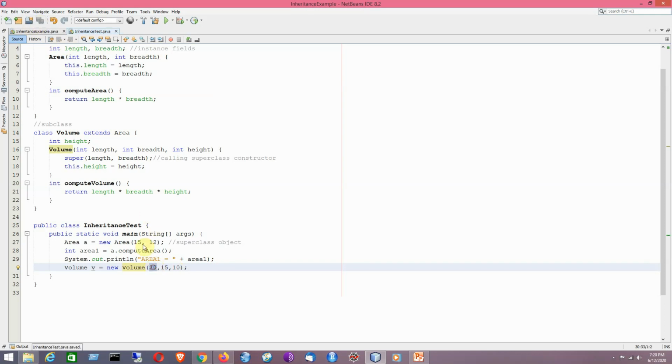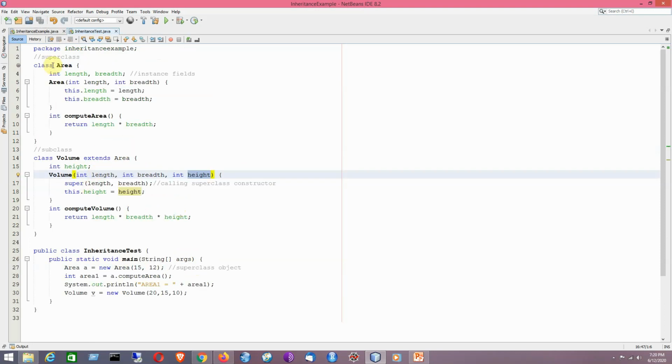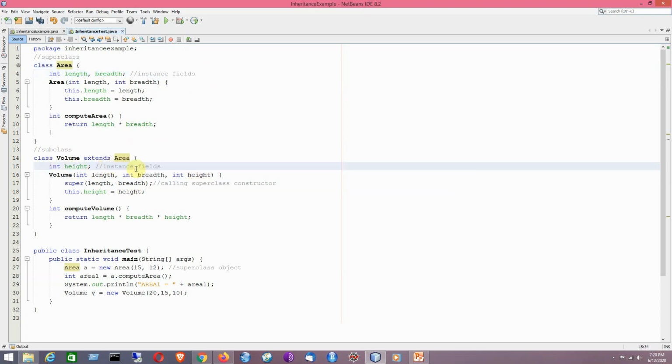So 20 is initializing the first variable, 15 is initializing this one, and 10 is for height. In that way they get initialized. Length and breadth are coming from the superclass, that is area, and height is its own property. Volume has its property as height, which is an instance field of the subclass.